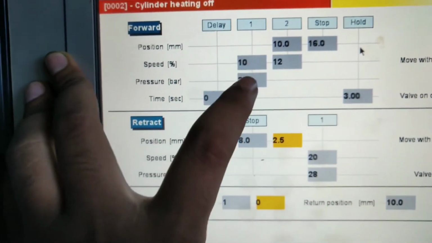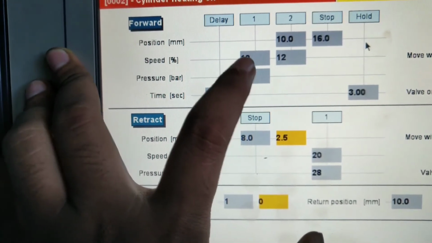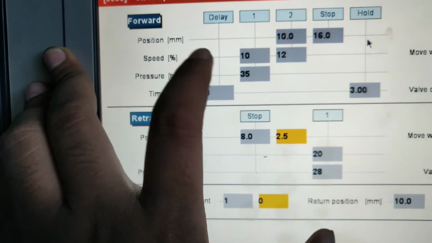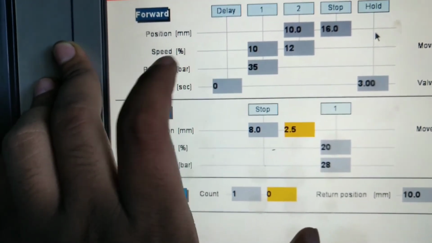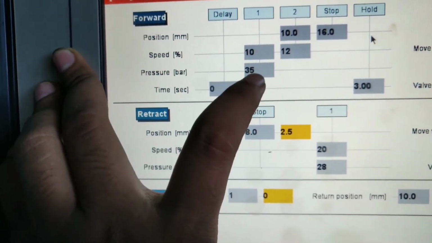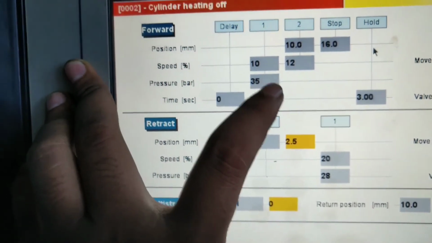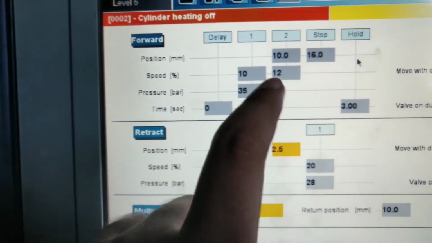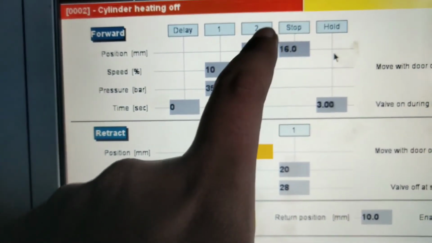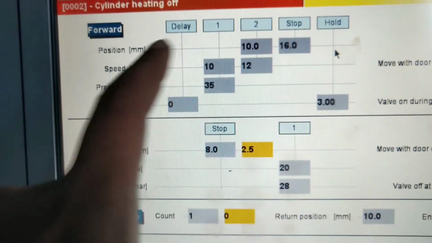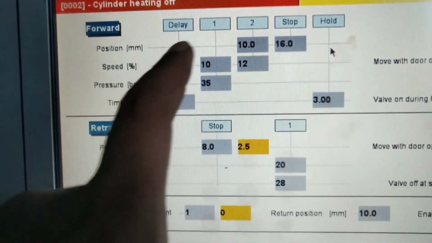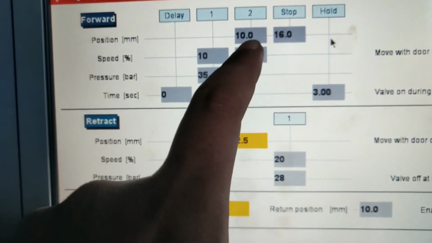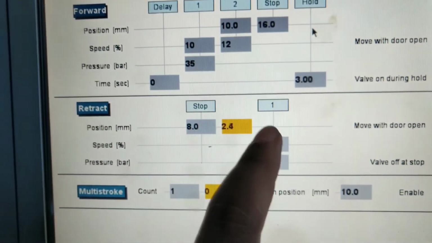Now in position you can see the first step is natural here, or some machines have the first step. Then you can type how much you want to run your ejector in each step. In the first step you can see that speed is a mandatory setting, but in some profiles you can give the speed in steps. The second step shows how much you want to move your ejector in the forward direction. I have just mentioned 10 here. That means my ejector will move 10 mm forward